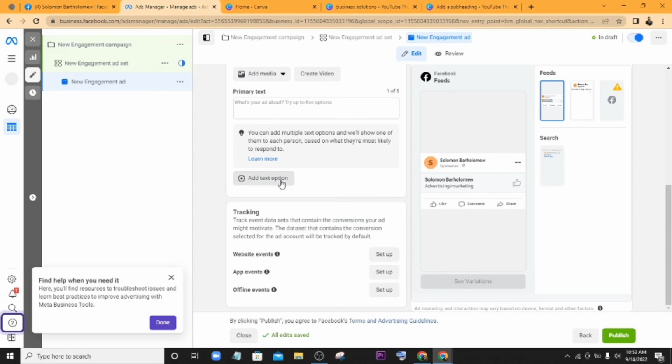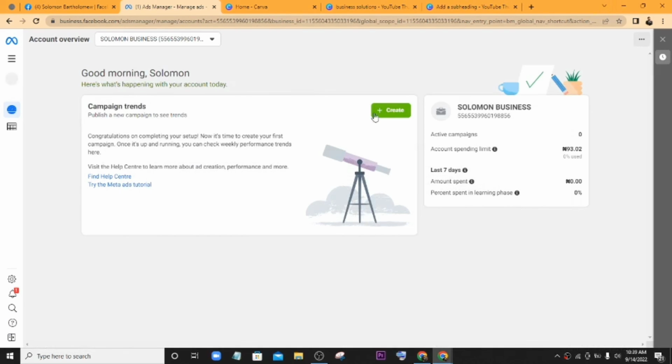Okay, this tracking is if you are going to be running ads to a website, and this is an advanced level, especially if you're running conversion campaigns. I'll explain all of that in another video where we start breaking down the different kinds of ads. And when you get to this point, you're good and set to go. Everything is displaying properly. You can then publish your ad and get the result that you want for yourself. Start observing it. When you publish your ads, Facebook will take some time to review the ad, and if the ad meets their standard, they will allow it to run. This is basically all that you need to know as it relates to the rudiments of running ads from your Ads Manager on your Facebook business account.